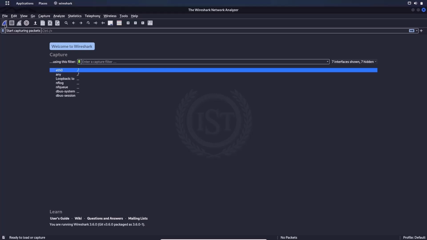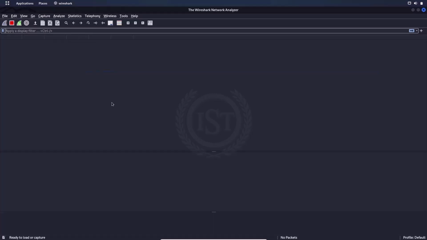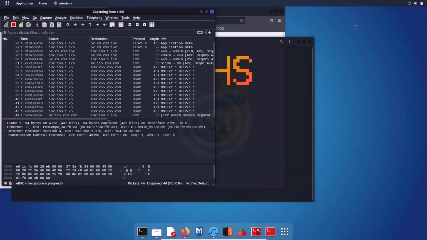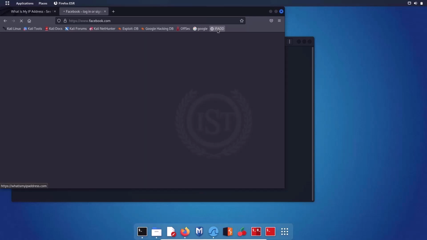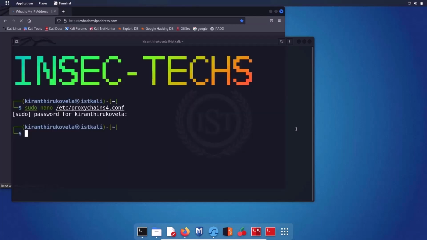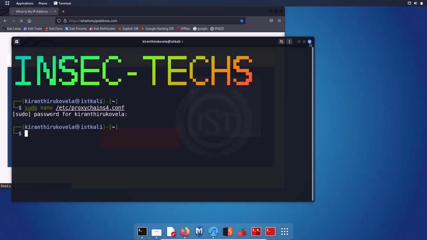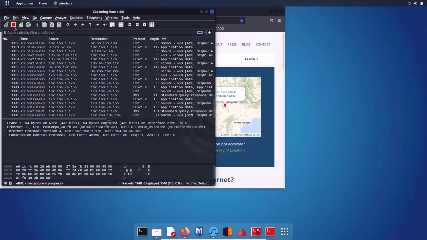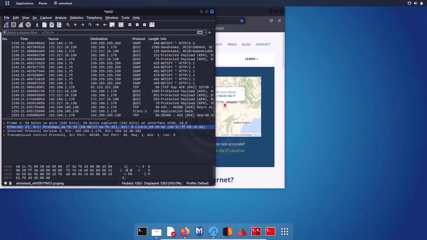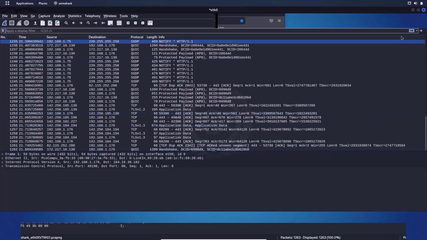When I start capturing the traffic, click on this blue shark icon, let me minimize and type whatismyipaddress.com once again. Now if I go back, close the terminal. This is the IP address, and let me stop the capturing of this traffic. Let me click on the red square button. Now the capturing of the traffic has stopped, and if I scroll up,